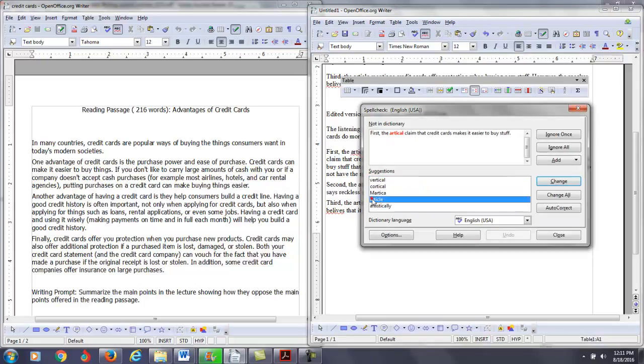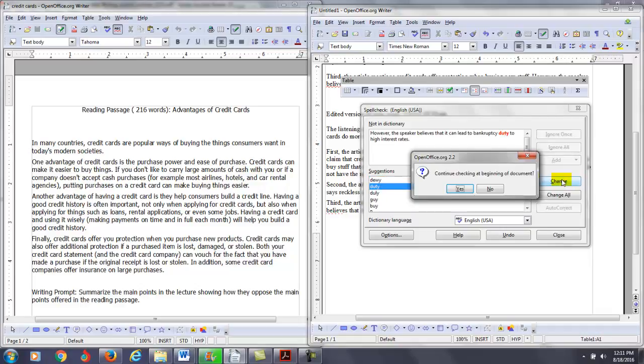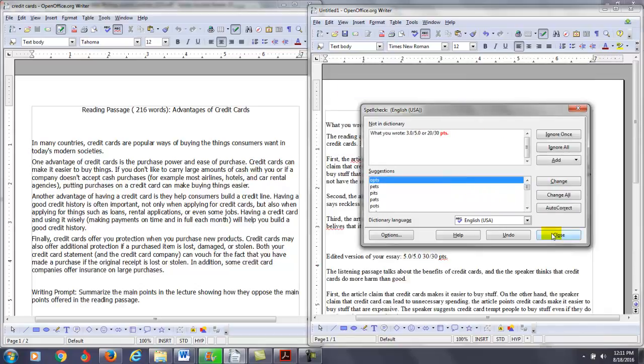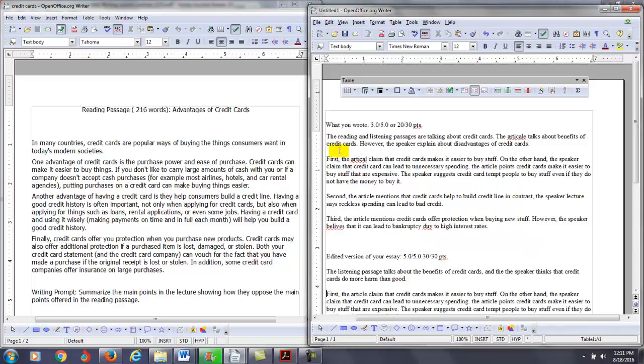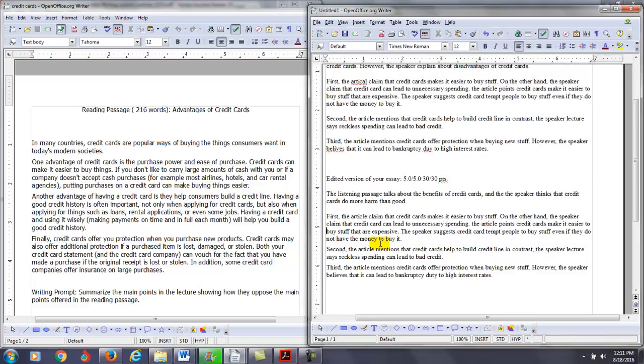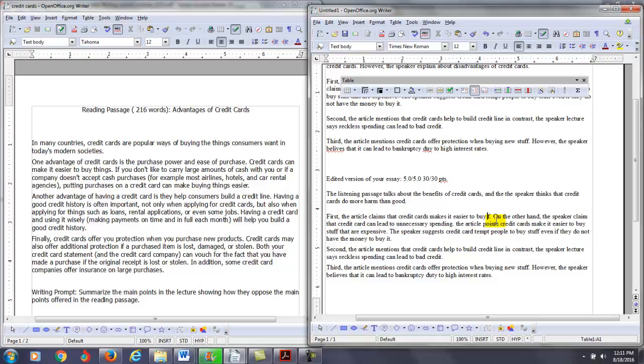Look how easy that is, right? Make sure when you're writing papers in your writing class, you're always spell checking your documents. How easy is that? I want to find this word, change. We got it. There we go. So now we just corrected all the spelling that we need to correct here. So first, the article claims, make sure you have subject-verb agreement here. The article claims that credit cards make it easier to buy items